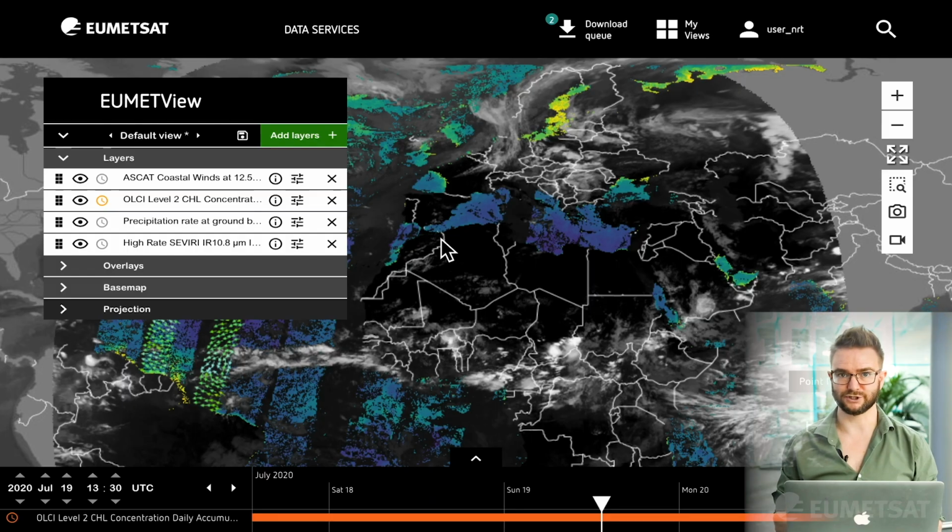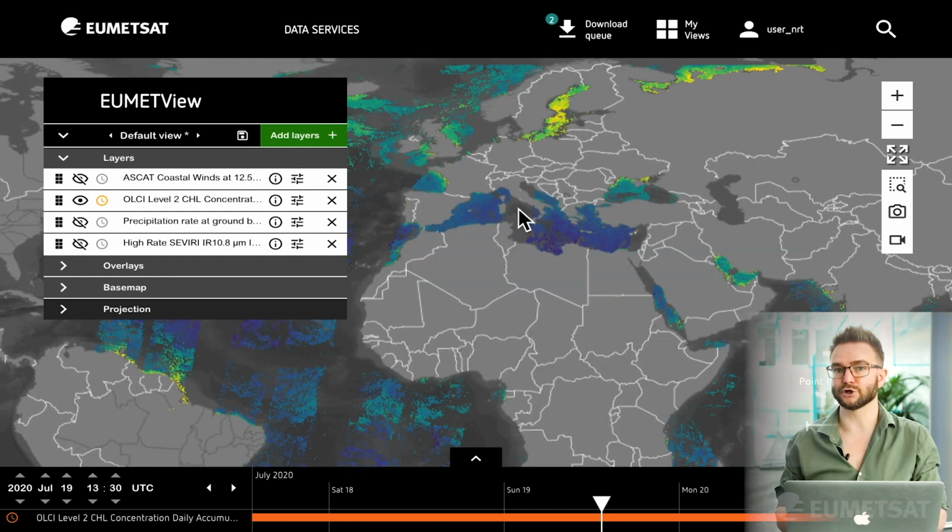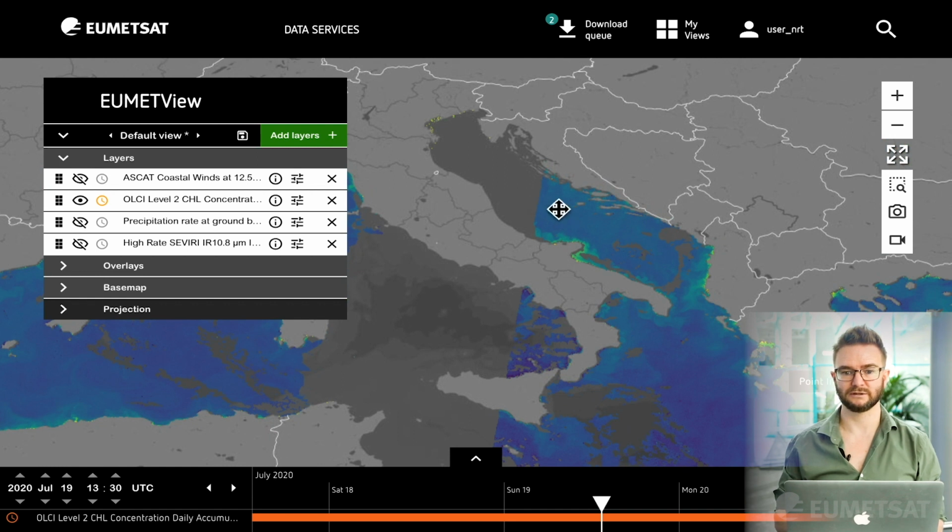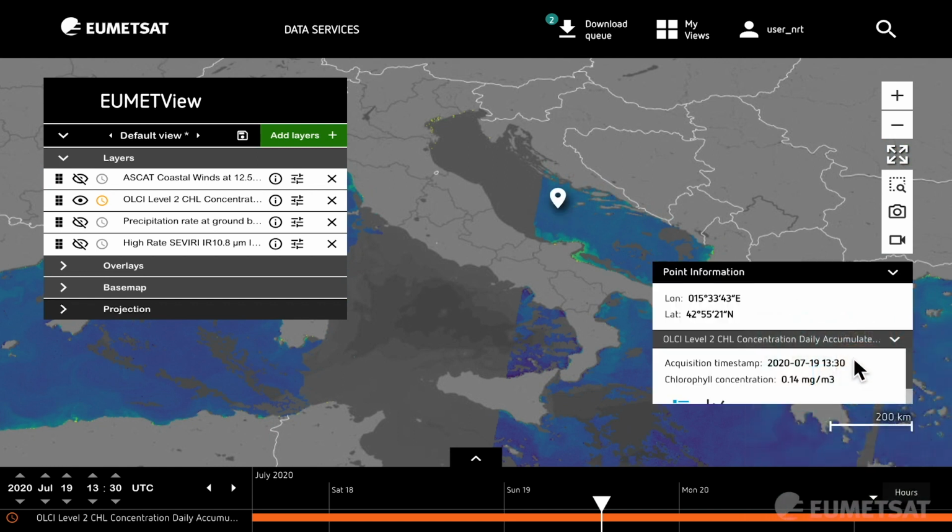The first option I'm going to show you is the web coverage service. Now our web coverage product we have here is our Ultra level 2 chlorophyll, and I'm going to turn off all other layers. Now we can solely see the Ultra chlorophyll product, and I'm going to zoom in on an area in the Mediterranean. With the web coverage service product, if I click an individual pixel then the point information box in the bottom right hand side will actually return the value at that pixel. So this tells me that on the 19th of July, from this image, I have a chlorophyll concentration of 0.14